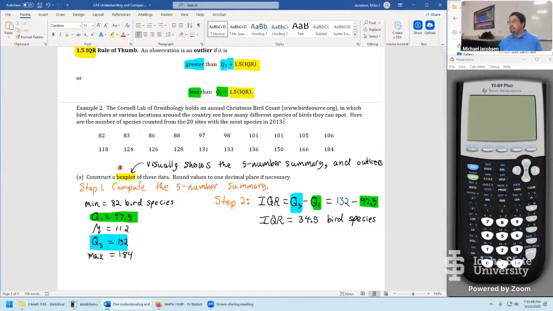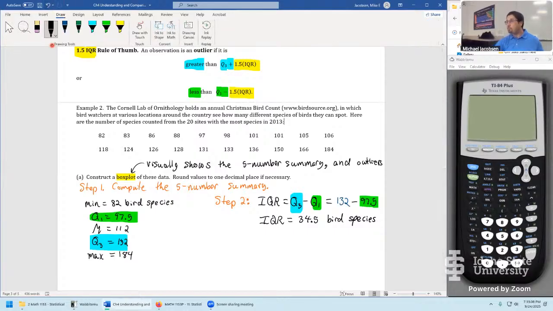Sure, we could put this into the histogram, but the box plot itself has a really special role in descriptive statistics. So to construct that box plot, step 1, we had to import the data and get the 5-number summary out. I'm not sure if that data is still in the calculator, but we got the main things that we needed at least. Step 2 now is really just looking through the 1.5 IQR rule of thumb. So this is our step 2, essentially, check for outliers.